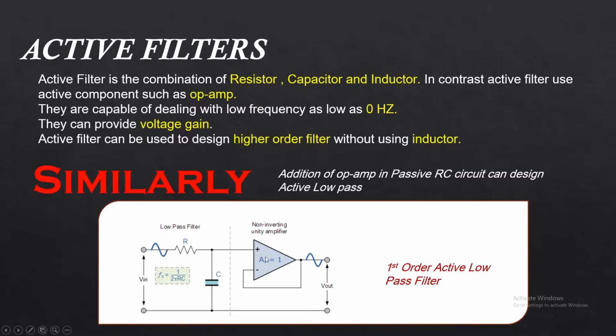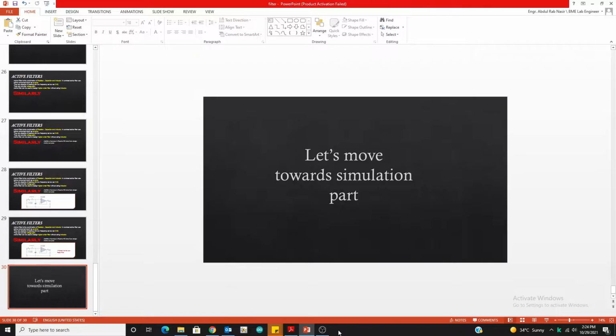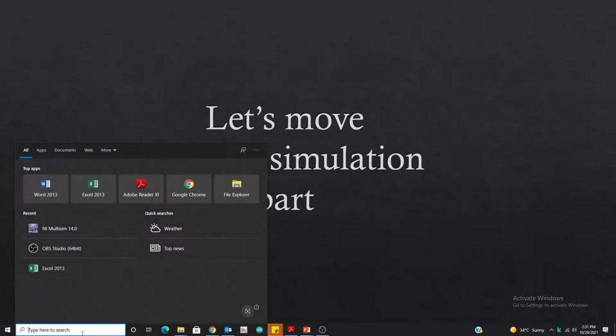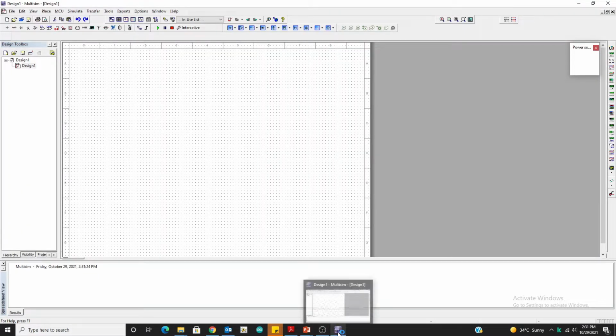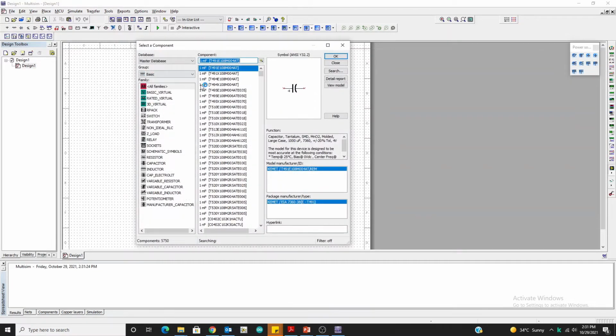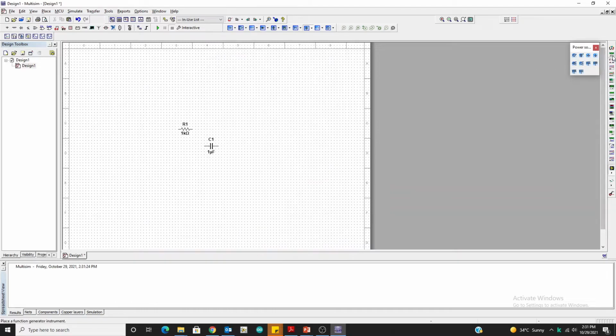So now let's move towards the simulation part and see what will happen if we design this same circuit on Multisim. First we need a resistor of 1 kilo ohm and a capacitor of 1 microfarad, and we need a function generator like this.